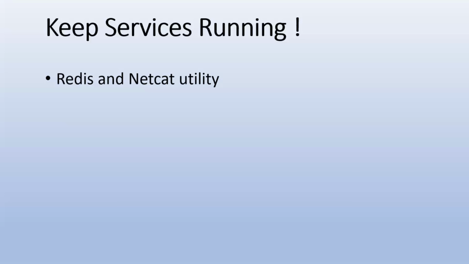We are going to install and start the Redis database, and then we are going to bring it down, and check whether our script is working, whether it is able to trigger it in case this database is down. To check if the service is up or not, we are going to use the Netcat utility. Netcat and Redis are both not natively available. We are going to install both packages. We will also be learning how to install external packages in a Linux environment.